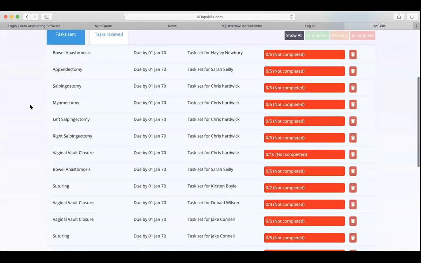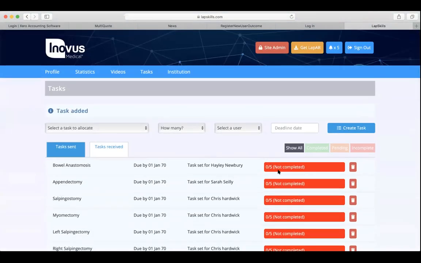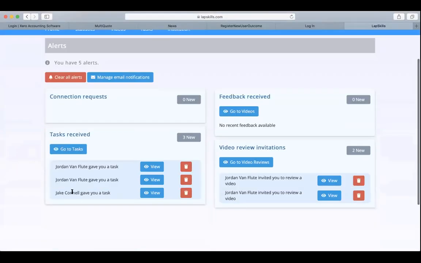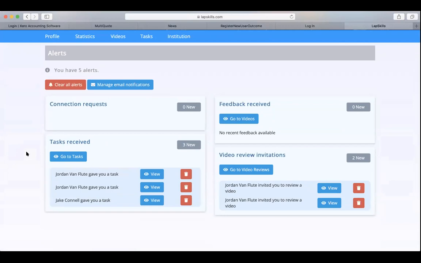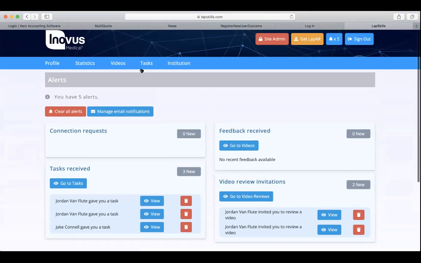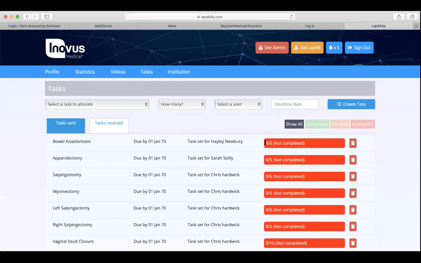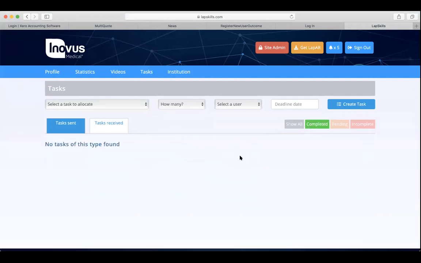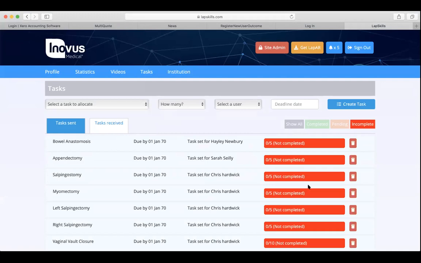So the great thing about this is that you can, over time, see how many tasks the person that you've set has done. So the trainee at the other end with their simulator will get a notification or an alert saying that you have been set a task. And then you will go away and do your tasks on your local software, your local platform. And each time that that person does a task, it will count it here. So 1 out of 5, 2 out of 5, 3 out of 5, 4 out of 5, and then completed. When it's completed, it will turn green, and you'll see all the tasks are in green. The incomplete ones will remain red.